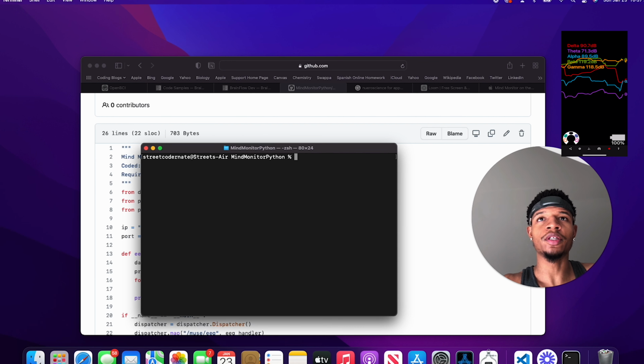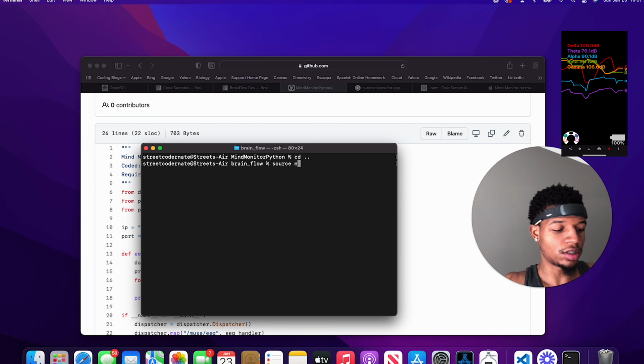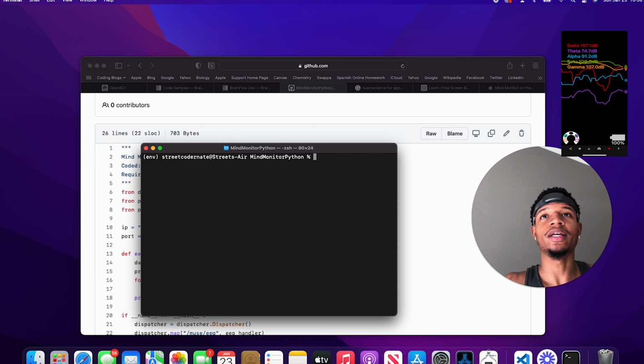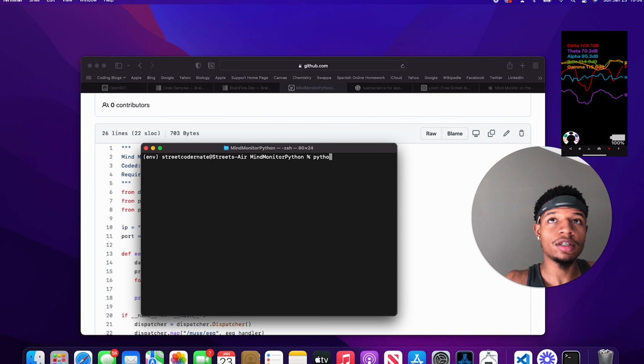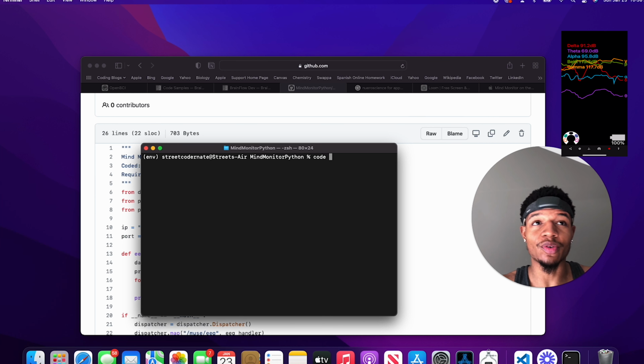Python. Oh wait, let me first start my virtual environment. Like that, and then CD into my monitor. And now I can run Python. But first, let's see what this code looks like and make sure I actually got the right code on my